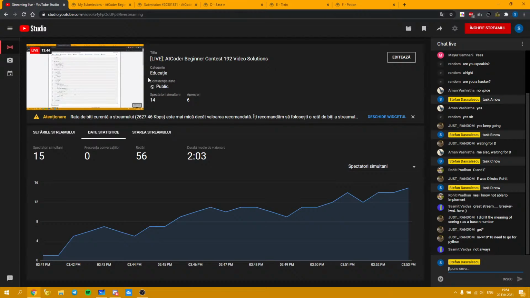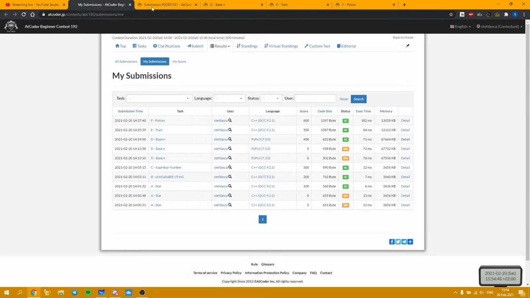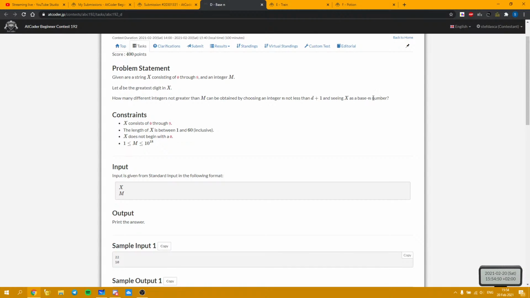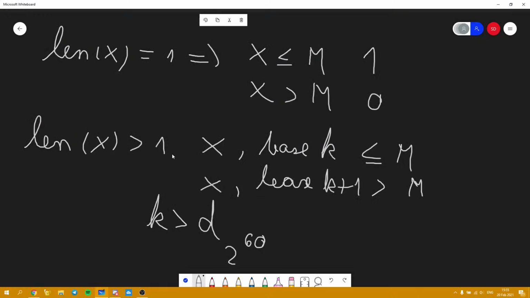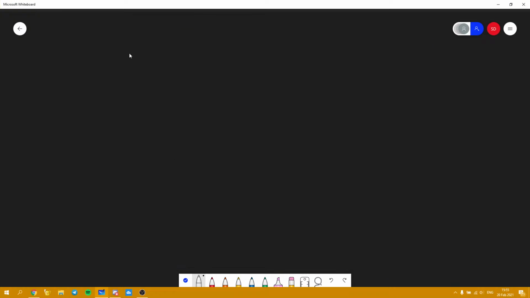I didn't get the meaning of seeing x as a base 10 number. So basically, what does that mean? Usually we write numbers in base 10, like literally every number we write in real life. But instead of seeing it as in base 10, we see it as in base n. What does this mean is that if we have a series of digits,